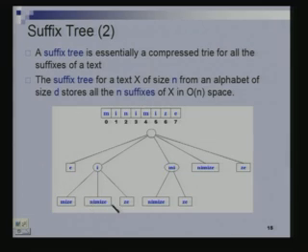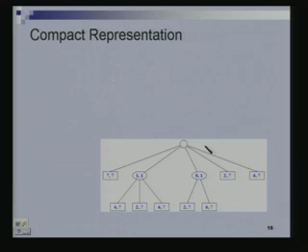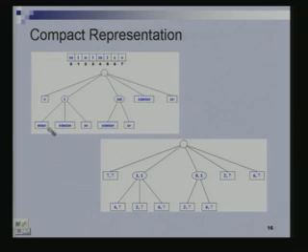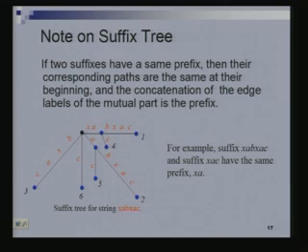Once again, each one of them is a substring. So I just need to know what the start and the end position of the substring is. I don't even need 3 integers now. I just need 2, because they are all part of one single text. So this is, for instance, what would happen. NIMIZE starts at position 2, ends at position 7. I just write 2, 7. Pardon? Yes? Question? No. Right? So I can store it very efficiently.